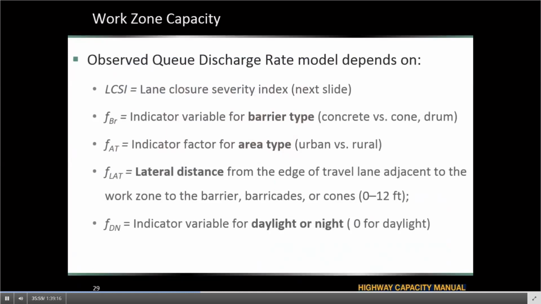We do have the indicator variable for barrier type, so concrete, cone, drum would have different impacts on the operation of the freeway when we have the work zone. Area type matters, urban versus rural. Also the lateral distance from the edge of travel lane to the work zone barriers is included in this model. And we do have an indicator variable to see if our work zone is at daytime or nighttime.